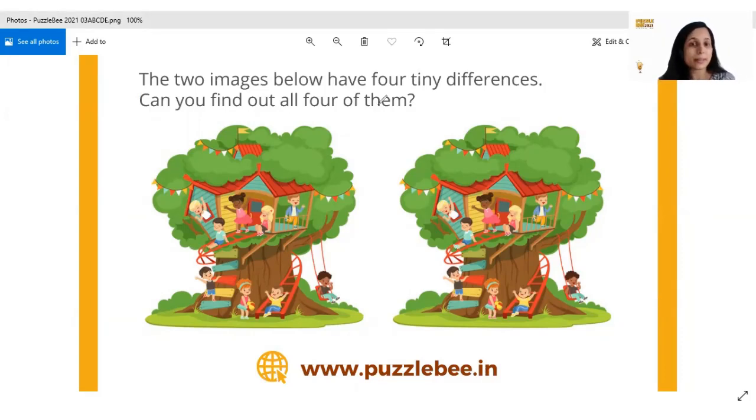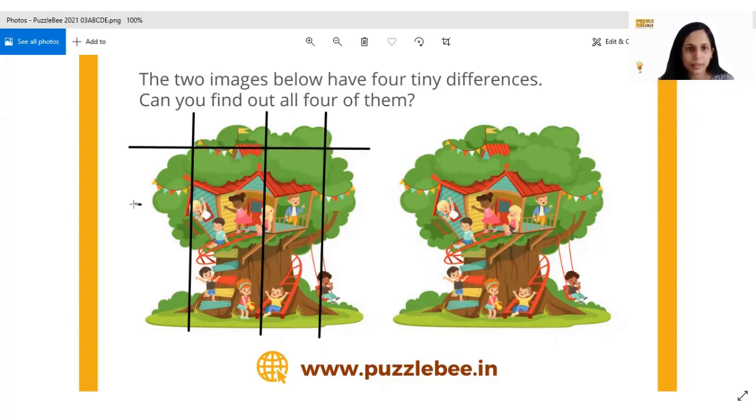What would probably help in a puzzle like this is if you can divide the image into multiple smaller parts and then focus on one part at a time. Let me show what I intended to say. You could do something like this: break it down into multiple rows and columns. What I've done here is take this one big image and break it down into 16 smaller images, 1, 2, 3, 4, 5, 6, 7, 8, and similarly the ones here as well.